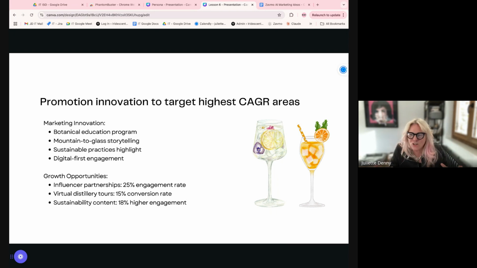Well, of course, if the interest is coming from understanding all about Andorra, the botanicals that are specific to Andorra, we need a botanical education program. Maybe we could have a club. And of course, all of that builds loyalty, builds passion for the company and brand loyalty, right? So we're going to have a botanical education program. We're going to get people from Andorra to be talking about their experiences with the different herbs and so on, and people are going to be really interested in that. That's going to go down really well on our socials.